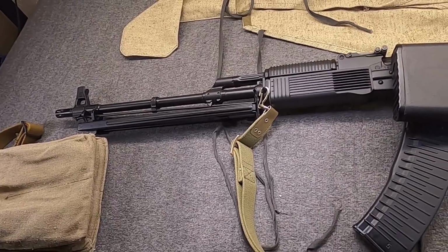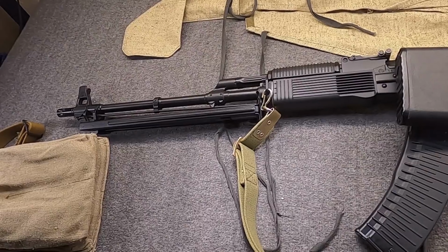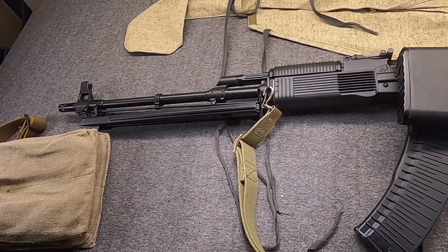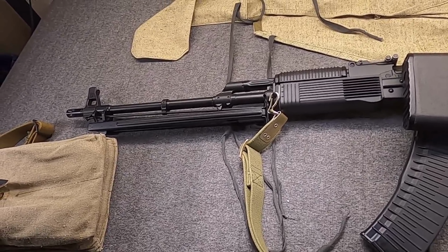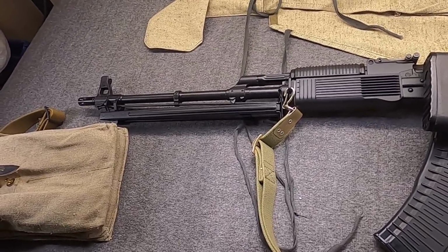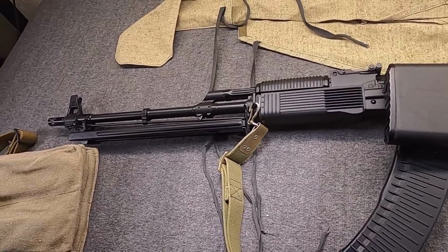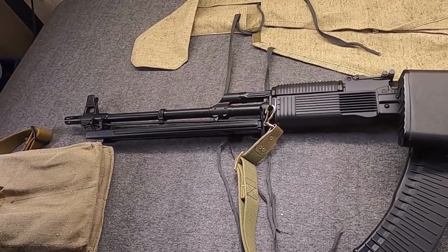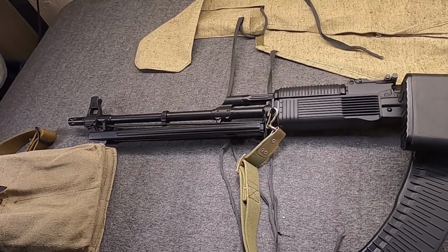But those VEPRs were more sporterized, although most of them did have a pistol grip and took standard mags, so they weren't quite as sporterized as the Segas of the day and time. Still, they weren't set up as a true RPK would be. They were also much more expensive even back then compared with Segas, and much rarer. They came in much smaller numbers,